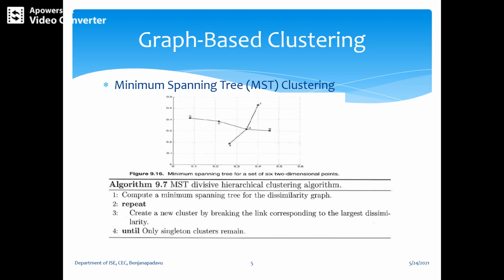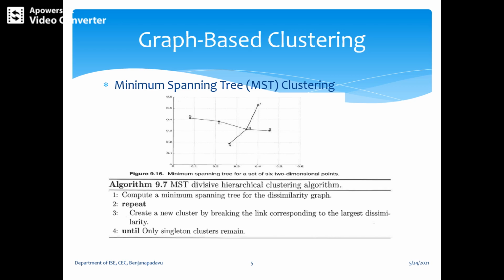Here another point we are going to add is OPOSSUM: optimal partitioning of sparse similarities using METIS. This OPOSSUM clustering algorithm is a two-step algorithm. Compute the sparsified similarity graph. Partition the similarity graph into distinct components, that is, clusters, using METIS. So that is the MST or OPOSSUM as the basic algorithm. Their strengths and weaknesses will also be there accordingly.